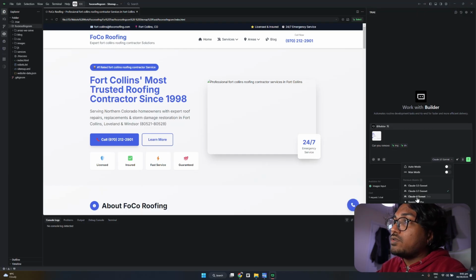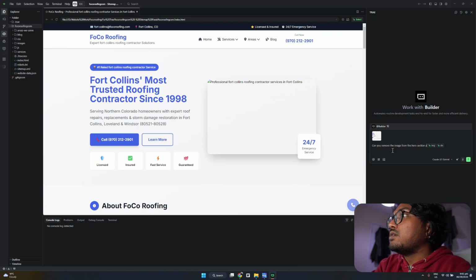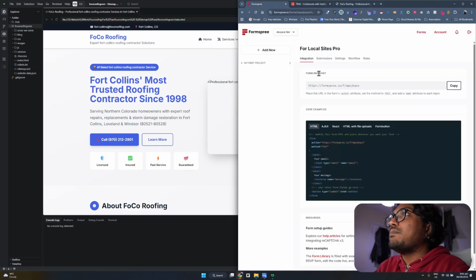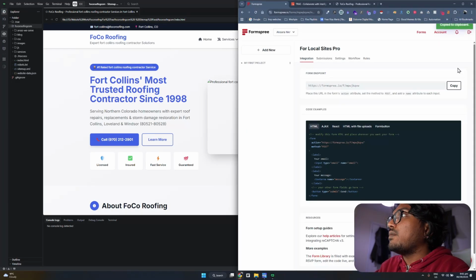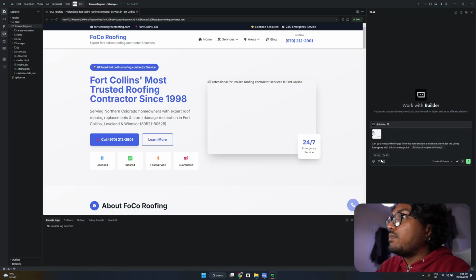So I don't want to choose, but I just changed the model to 3.7. What I'm going to do right now in this prompt is, can you remove the image from the hero, can you create a form for me using Formspree with this. I usually, it's called endpoint. Yes, it's called the form endpoint. So I'm just going to say, with this form endpoint, and I'm going to copy this URL and put it up here. I'm just gonna prompt it like,